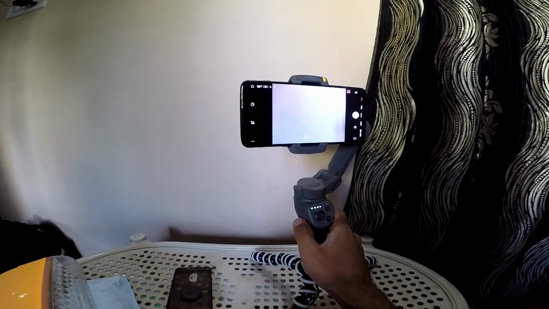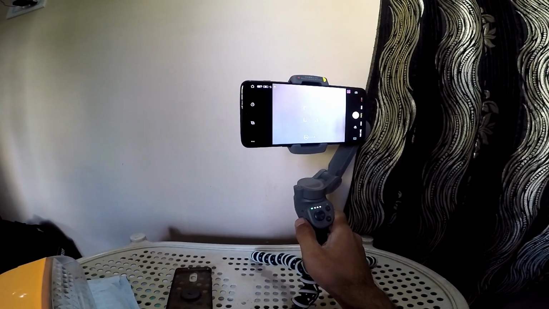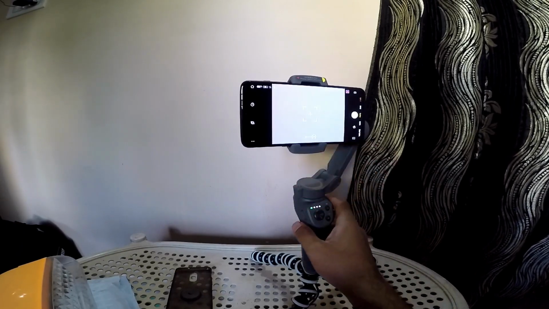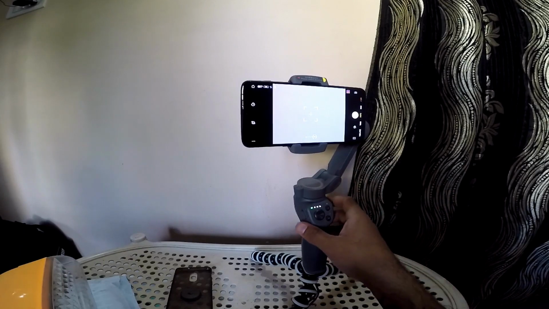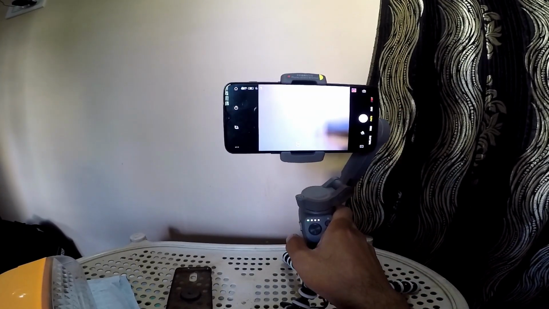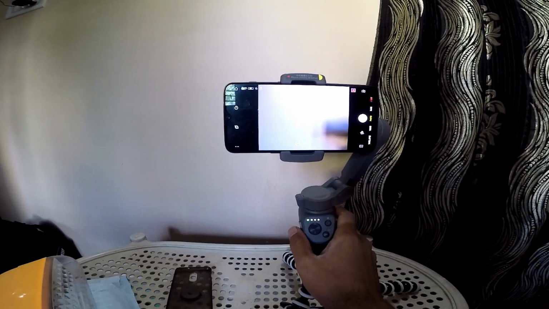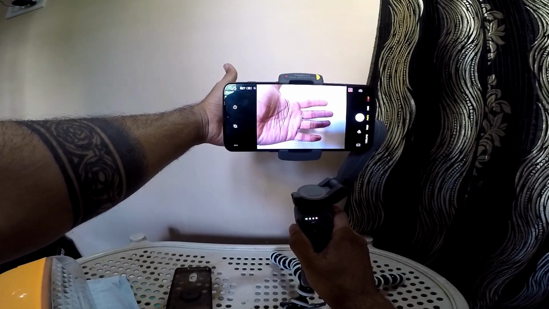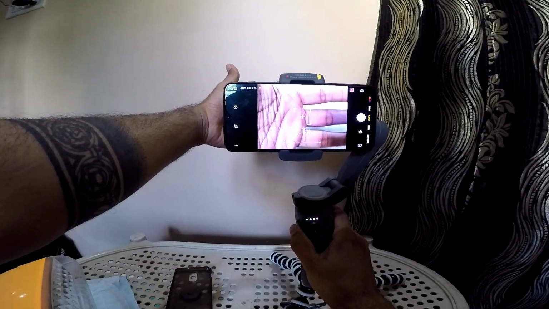If you press that zoom button, I mean if you push it once quickly and leave it, then it will go to 3. Again push it and leave, then it will go to 6. So again coming back, one click, it will come back to 1.